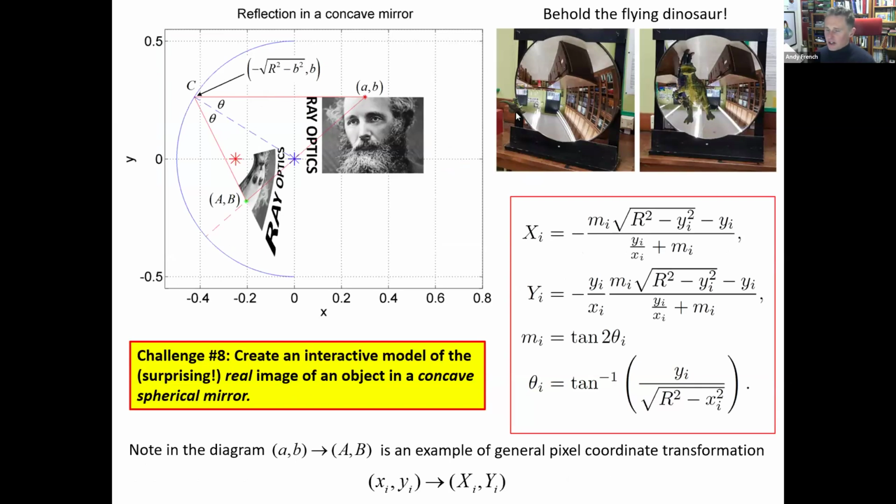So what we do is we hang a dinosaur in front of the mirror. And if you stand about 2 meters away, what you see is the inverted dinosaur, the right way up, kind of looming towards you. And amazingly, it's actually a real image. Okay, so this is basically what it looks like.